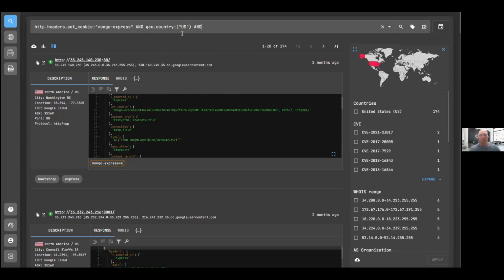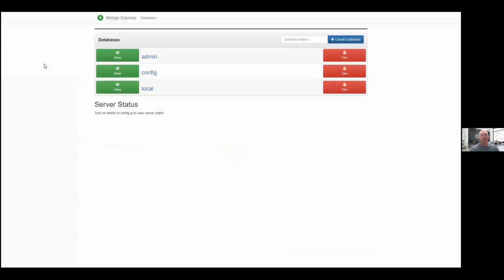So it provides me a very robust tool to understand the exposure of specific elements of my infrastructure. So what can I get here? If I'm just a sporadic hacker that wants to hack the world, then once I click on this button, I can get to this Mongo Express view.